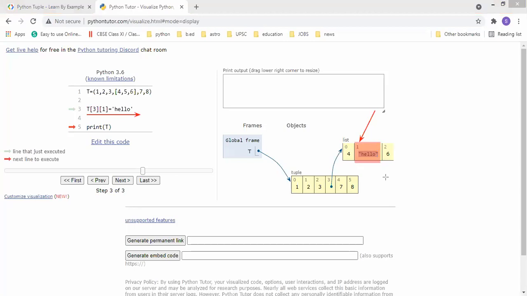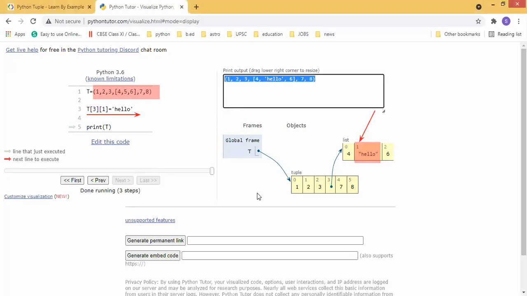At that time you have to act as a compiler yourself, and work out the output of every line's execution, because the tuple is immutable only on the top level. This is a deeper property, so it changes the values present in the next level. So if you execute the last step, it will display the updated tuple: 1, 2, 3, 4, hello, 6, 7, 8. Students, understood everyone? Any doubts?